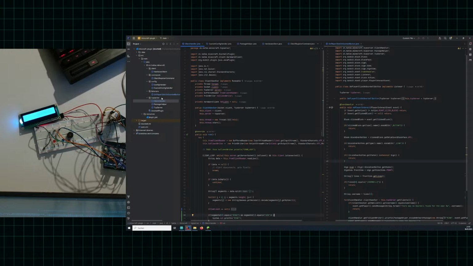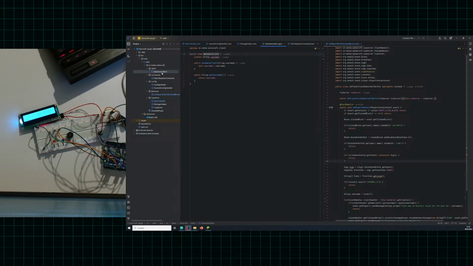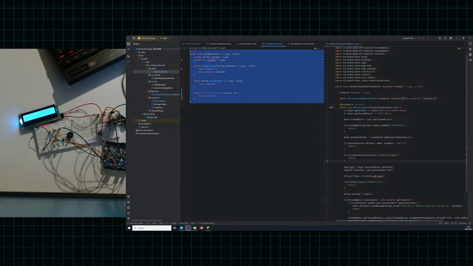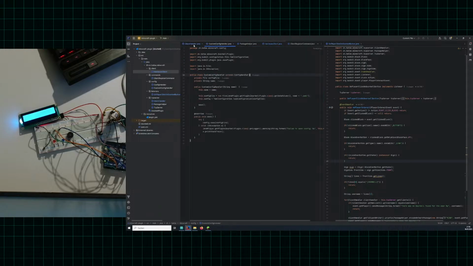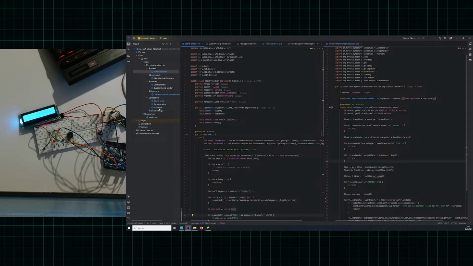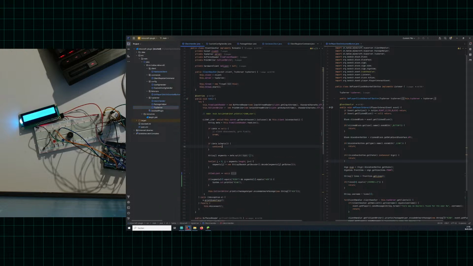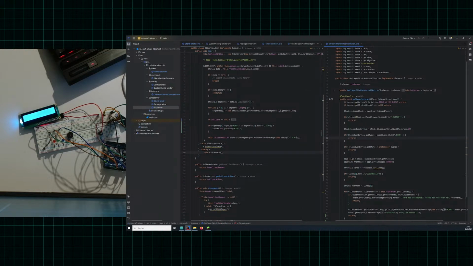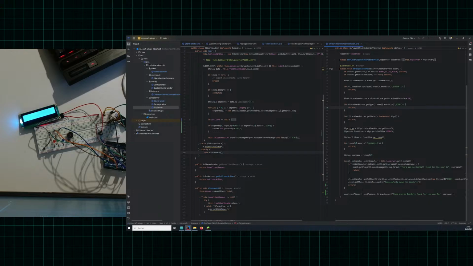Then I go here to the hardware client and I make a cooldown. It's an integer. this.cooldown equals 0. That's cooldown. Good, then I go into the main class. Not the main class, I don't need the main class. Go into the ring handler, and when I successfully ring the doorbell here, this dot,